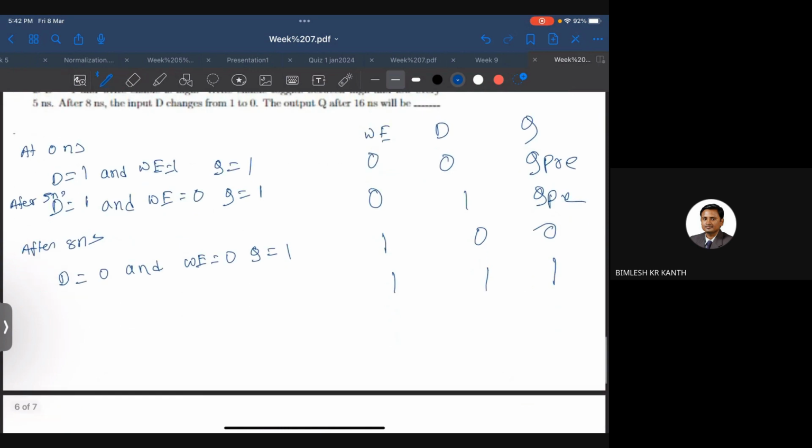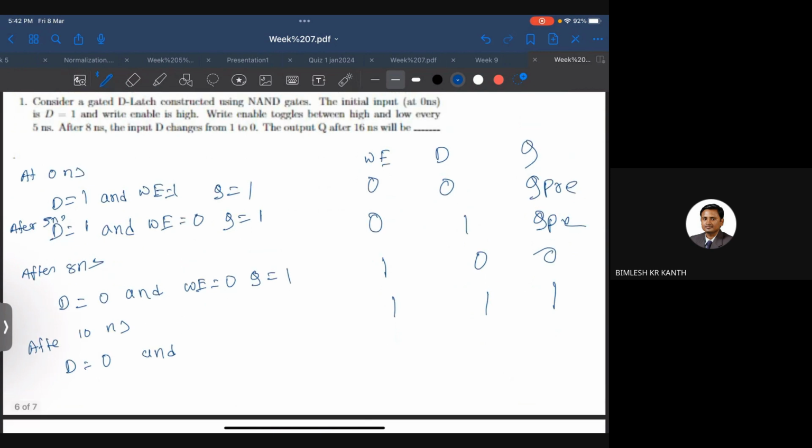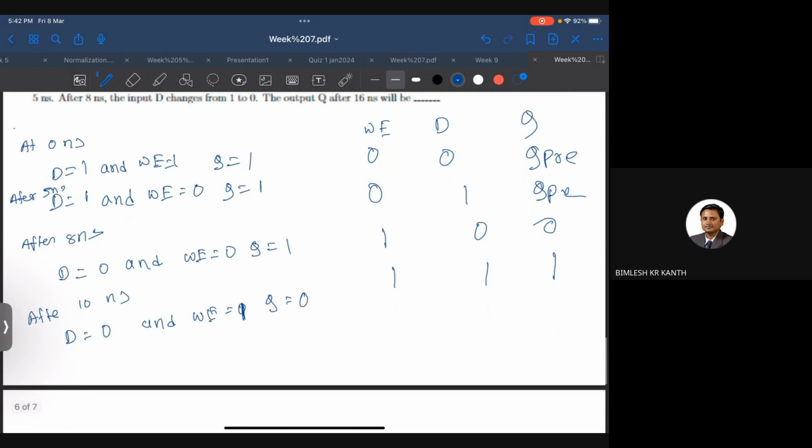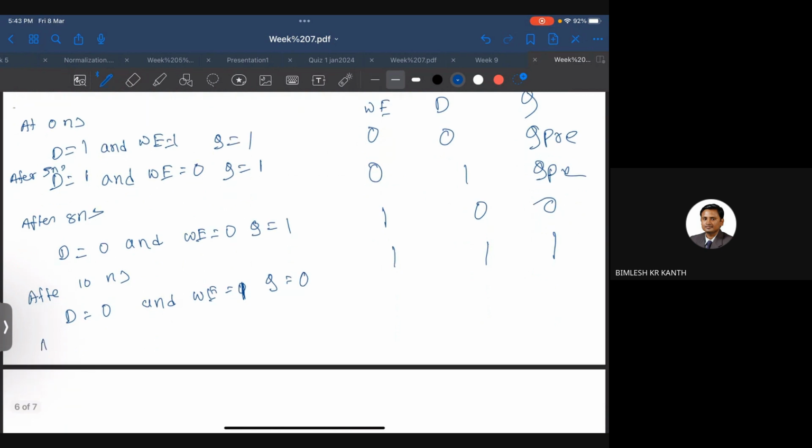After 10 nanoseconds, where did the 10 come from? We are taking steps of 5 and adding. At 10, W becomes 1, so Q will be 0. Now after 15 nanoseconds,